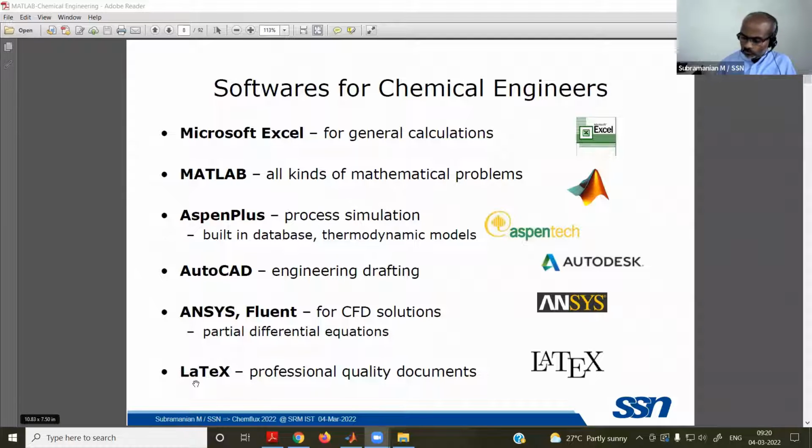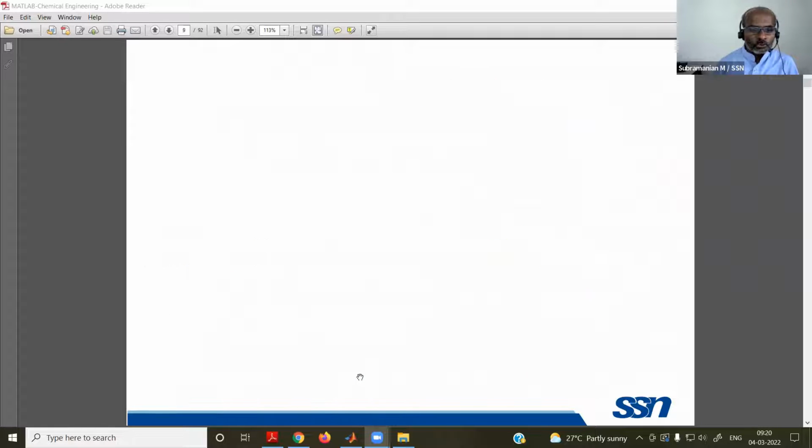That will help you make any research publication or even quality book publications. Okay, this is about the expected softwares. Maybe you people know more about other softwares as well. Maybe I can get to know about such things from you. Maybe you can type at the end of the session, or if you want, you can share now also.